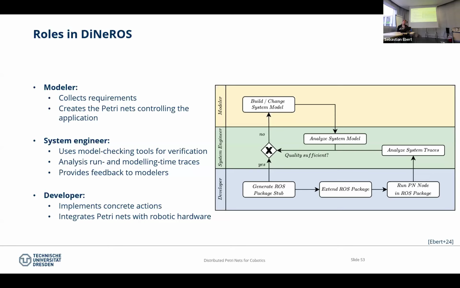So basically using a model checking tool to see if the quality of the model is sufficient, does it meet its requirements. And on the lowest link, we have our developer, which creates based on our runtime models that we can generate out of the system model, actually, extended package with actual code, which then controls the robot, and which may also produce runtime traces, which are again analyzed by the system engineer. So that's the story of our model-driven chain.